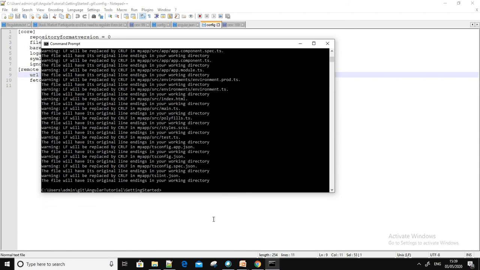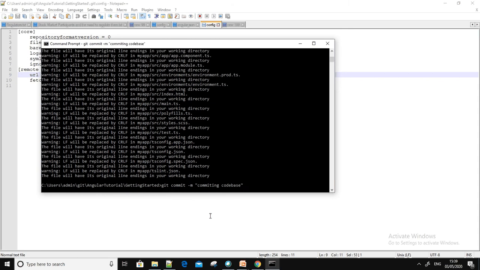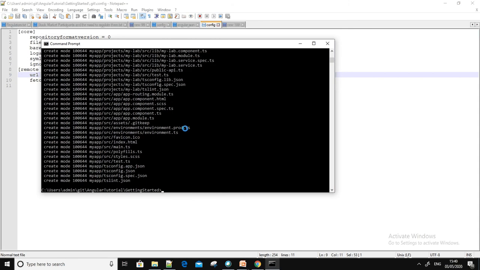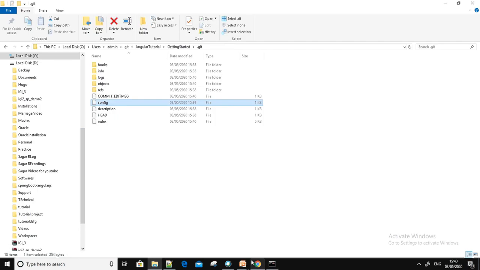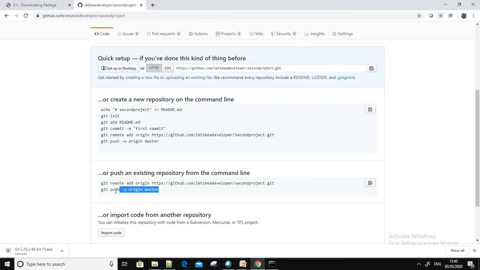Then just do a commit, git commit -m, committing code base. That is your commit. Once the commit is done, it has added all files. Then you have to do a git push command, which will push to this repository.